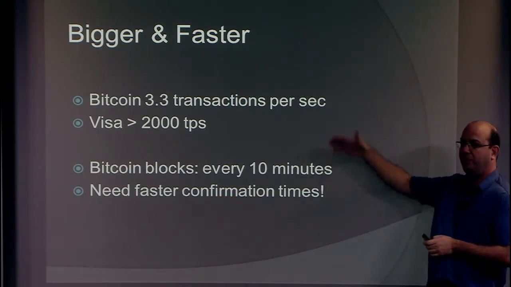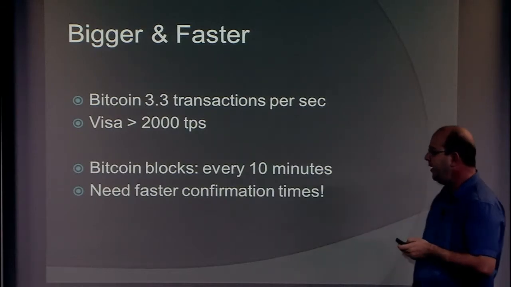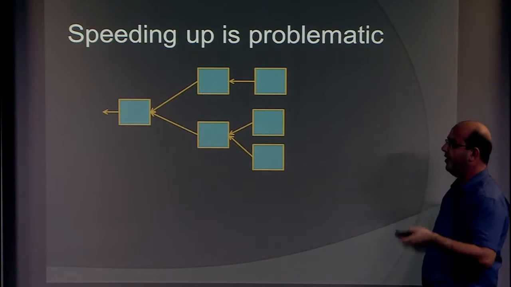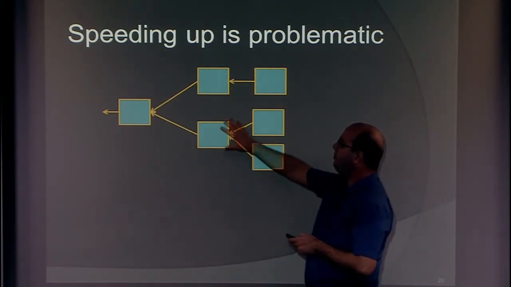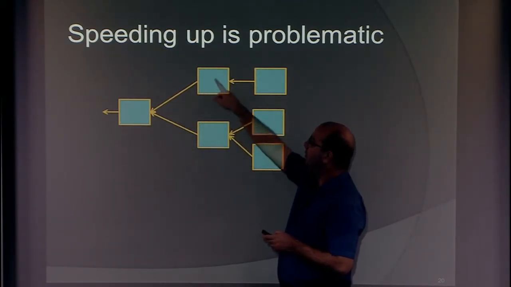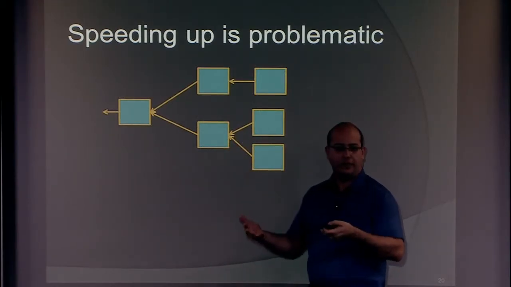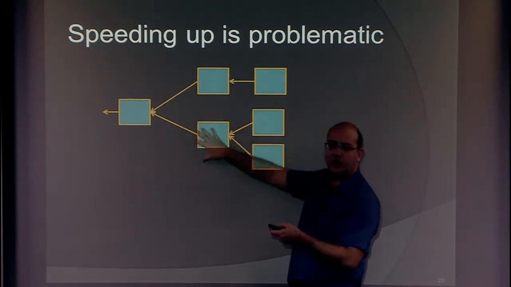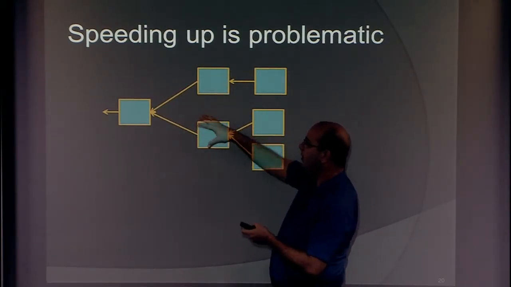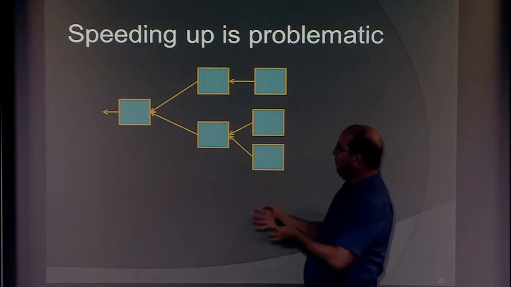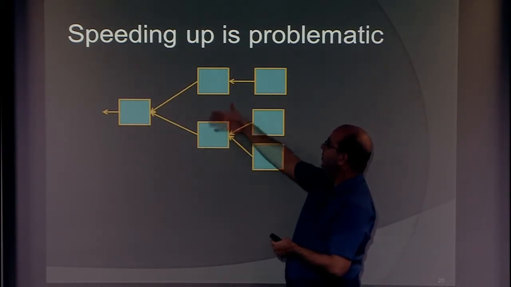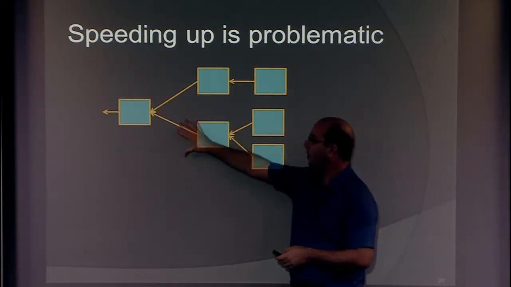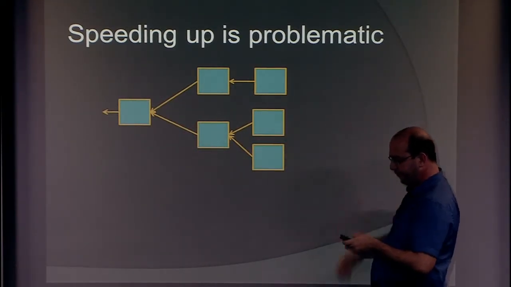These two problems are really related. Okay, so why are they related? Because when we try to increase the block rate or the block sizes, we start to have these conflicts. Basically, nodes start to solve the puzzle nearly at the same time without hearing about each other's blocks. If blocks are really created quickly before they can propagate, or if we propagate them really slowly, then we start to get more and more forks in the network, in the blockchain. It doesn't look like a chain anymore, more like a tree.